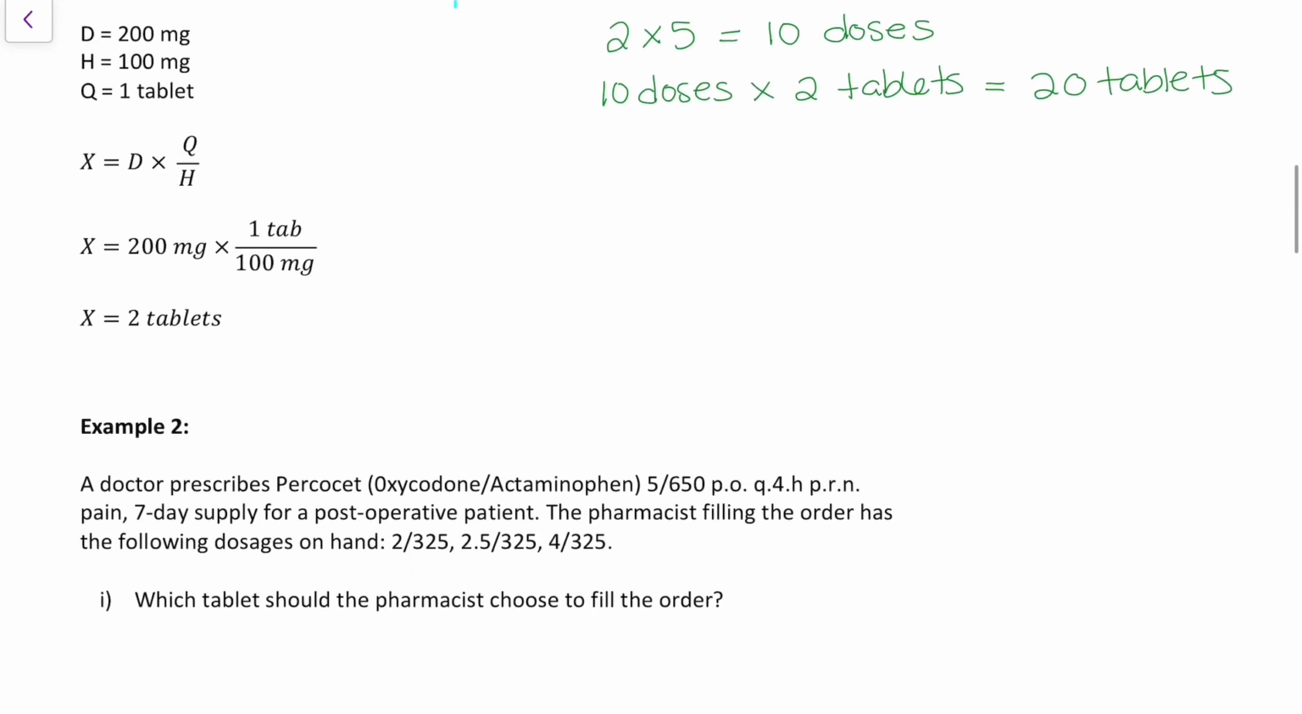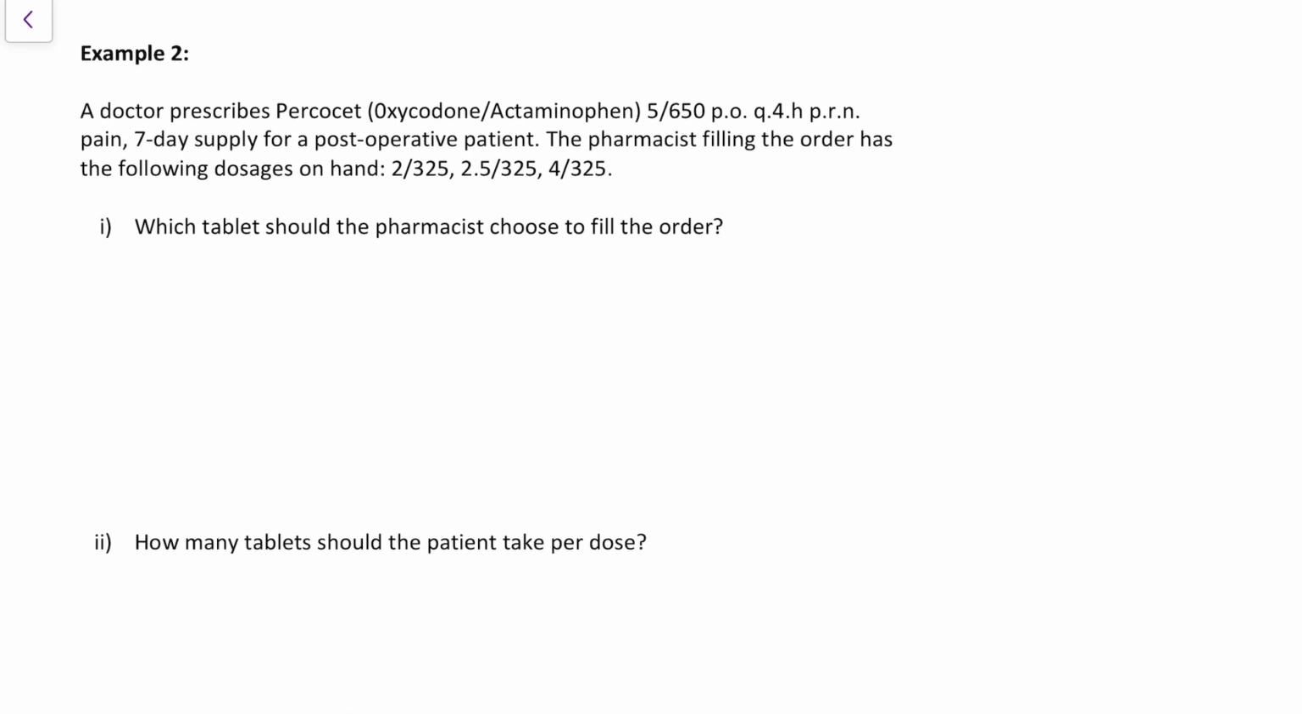Okay, let's look at another example. A doctor prescribes a Percocet, which is oxycodone and acetaminophen. And you'll notice that it has it in brackets with a slash. So when it's giving me the strength of the medication, in this case 5/650, what it's saying is 5 oxycodone to 650 acetaminophen. And it's PO, by mouth,